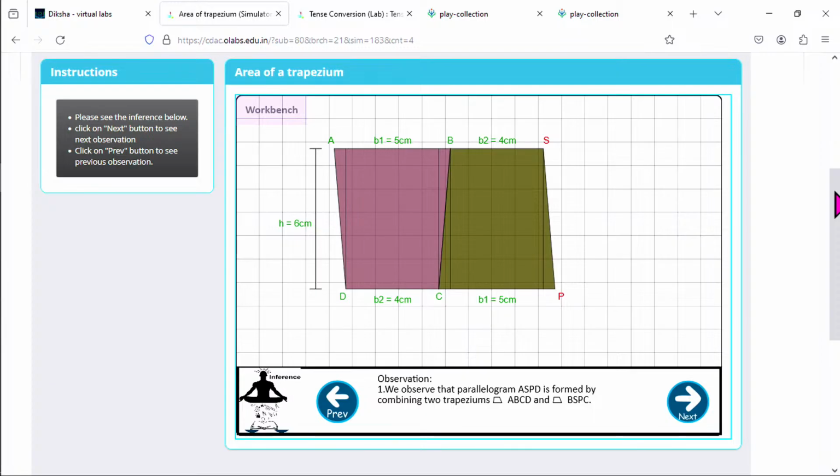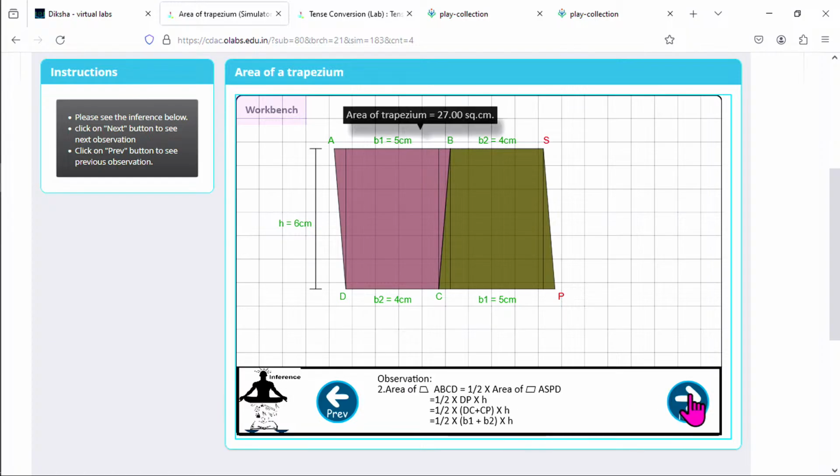So here below, observation is given at the bottom, the same observation that I have already said. Then we can click on next. Here the formula is shown because area of parallelogram is double of area of trapezium, or area of trapezium is half of area of parallelogram.